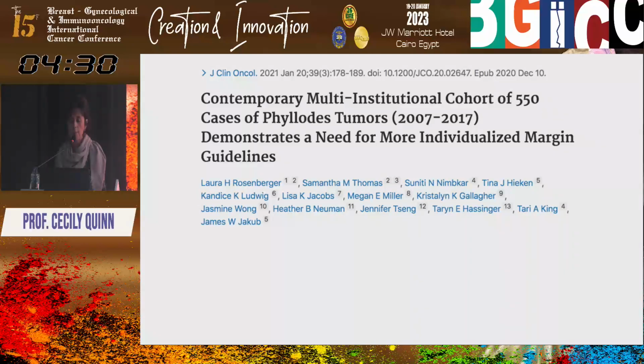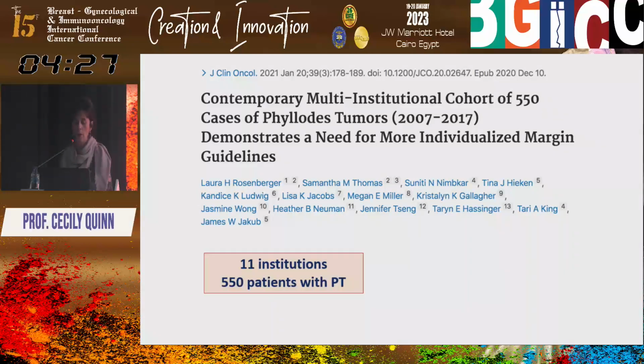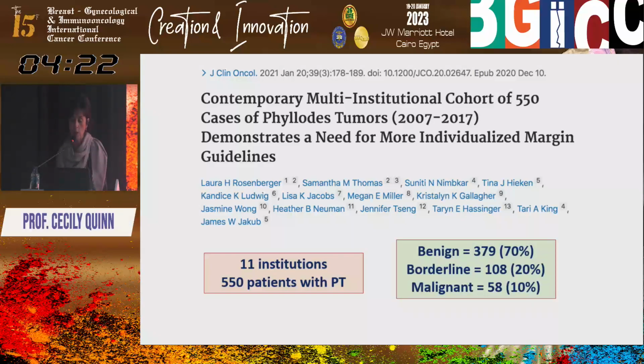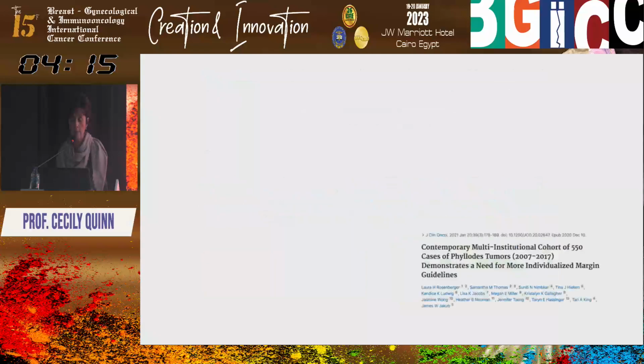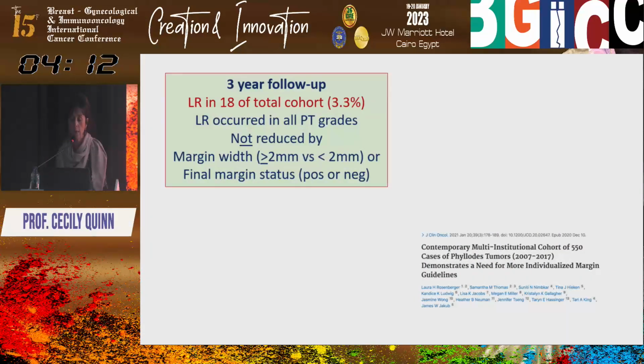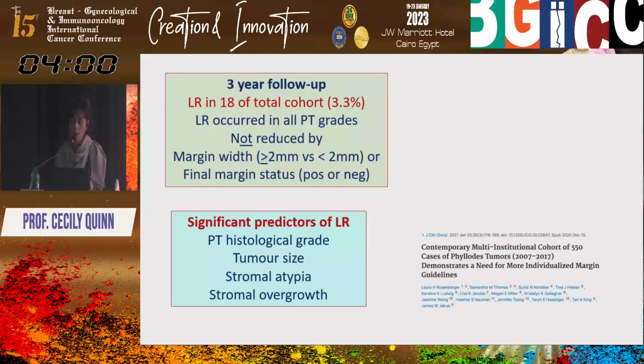This is a big study published in 2021 from 11 institutions, including 550 patients with phyllodes tumor. Now, the majority were benign, 70%, with malignant ones accounting for 10%. And interestingly, at 3-year follow-up, there was a relatively low incidence in this series of local recurrence. It did occur in all grades, and it was not reduced by margin width. But the predictors of local recurrence were certainly the biology of the lesion, the grade, the size, the atypia, and